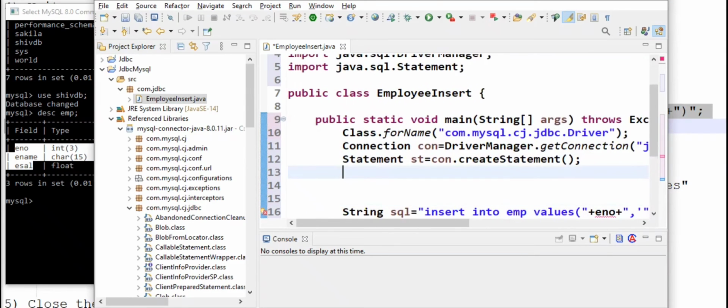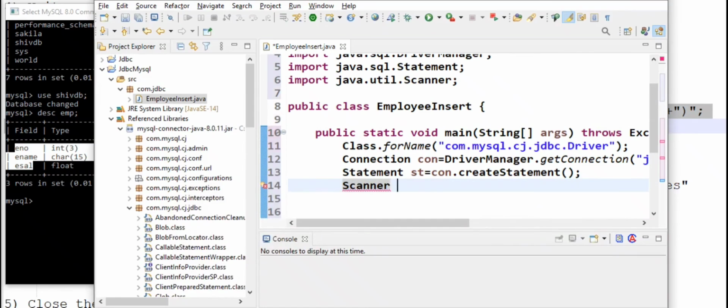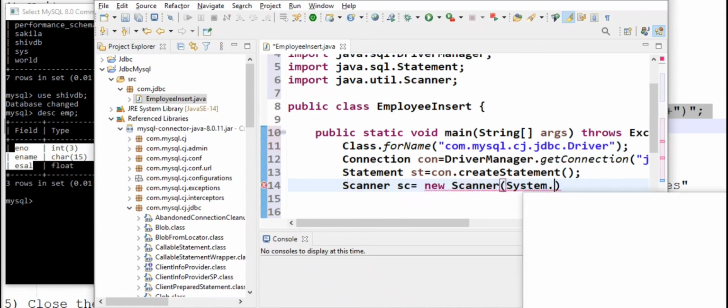Now let us take dynamic input for these variables. I am taking dynamic input with Scanner. java.util.Scanner sc equals new Scanner(System.in).